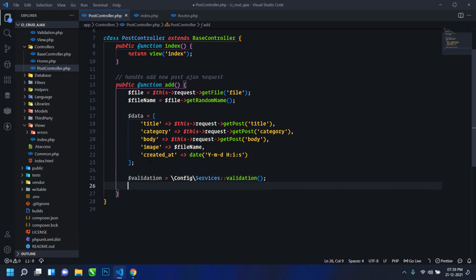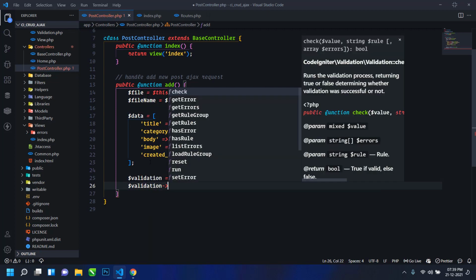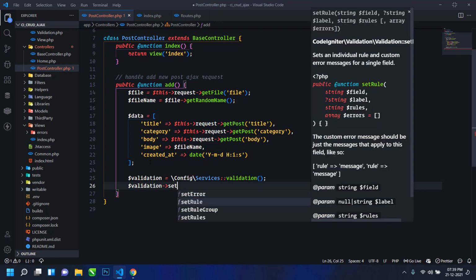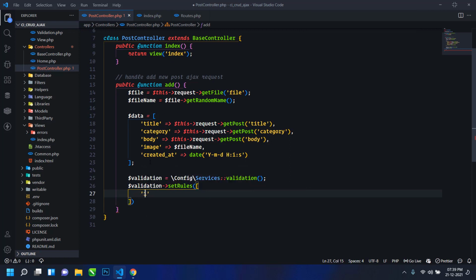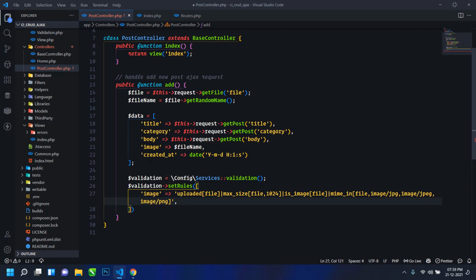Then I will use setRules, and here I will set the rules for only image. Just accept this. You can see the max size is 1024, which means 1 MB of size is allowed, and the file should be an image, and the MIME type only accepts JPG, JPEG and PNG.